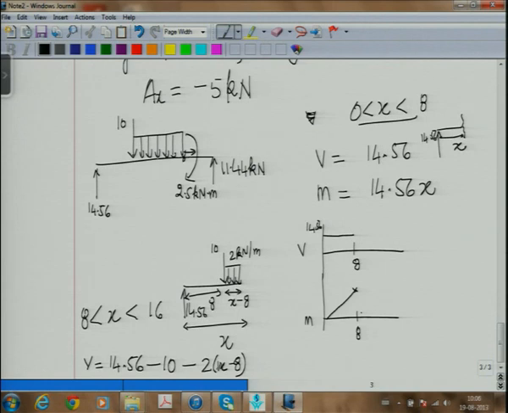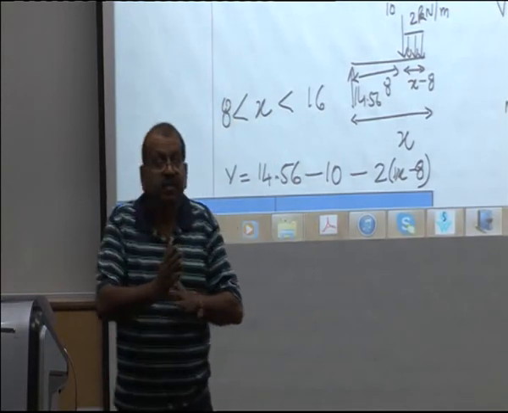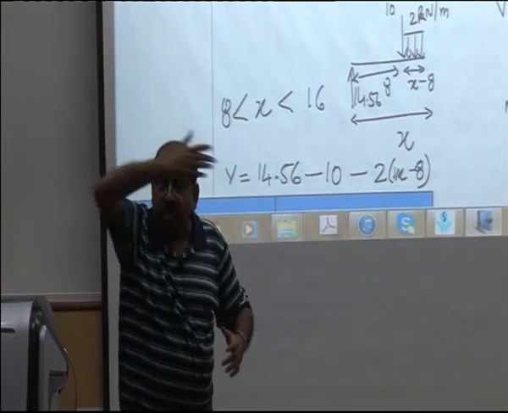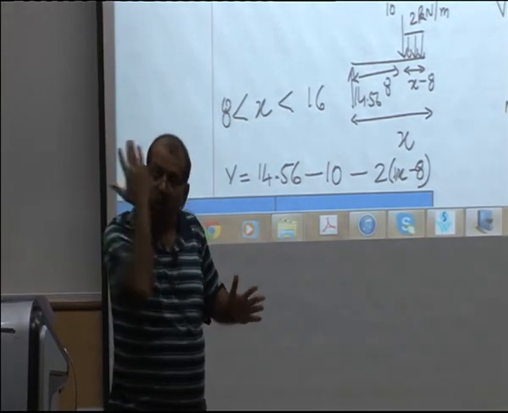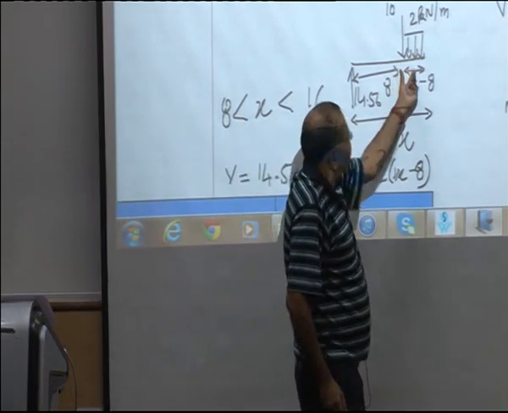Okay. Is that clear? Just think about it. There are three things, 1, 2, 3. We have to just add the contribution of each of these. Point forces, you directly get constants. Distributed force, you have to work out whatever is the effective value of this force. See, now you realize we don't take the equivalent of the full 16 kilonewtons. We only have to look at the cut section, and whatever is acting on the cut section, we only have